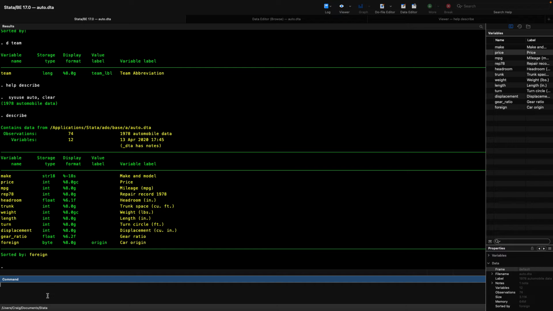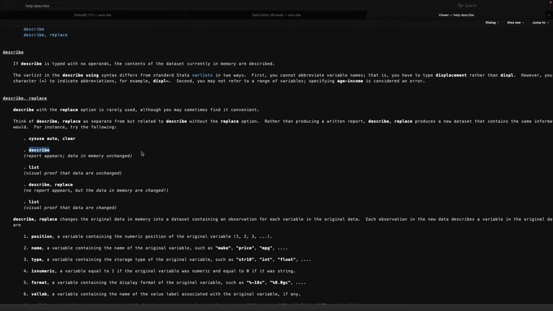And here we're looking at the make, price, miles per gallon, and other specs of cars from 1978. So whenever you learn a new command here, I strongly suggest reading the entire help file. It's very illuminating. It'll answer most questions that you might have upon learning the command. And the last thing I want to point out was a trick I learned from reading these help files that